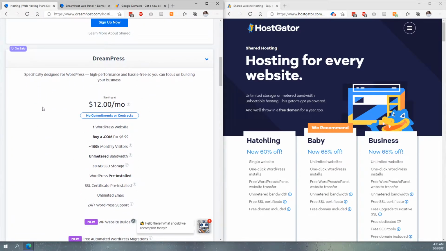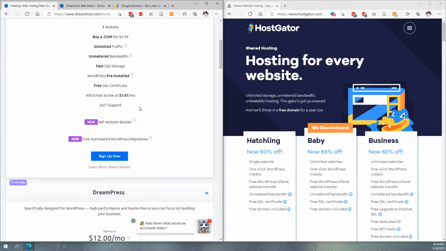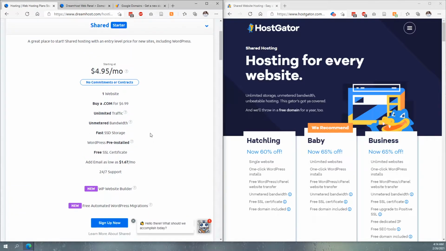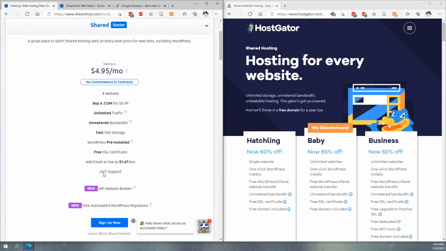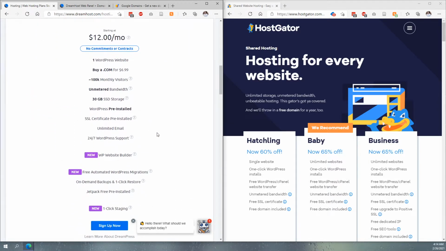So this is specifically designed for WordPress, so you can manage your website more easily. And one thing I didn't point out up here is this has 30 gigabytes of storage, and this one is a shared server. It just says fast. So it's important when picking these that you have enough storage on your virtual server that can handle the files. So if you're doing a blog where you're going to upload a lot of videos, it